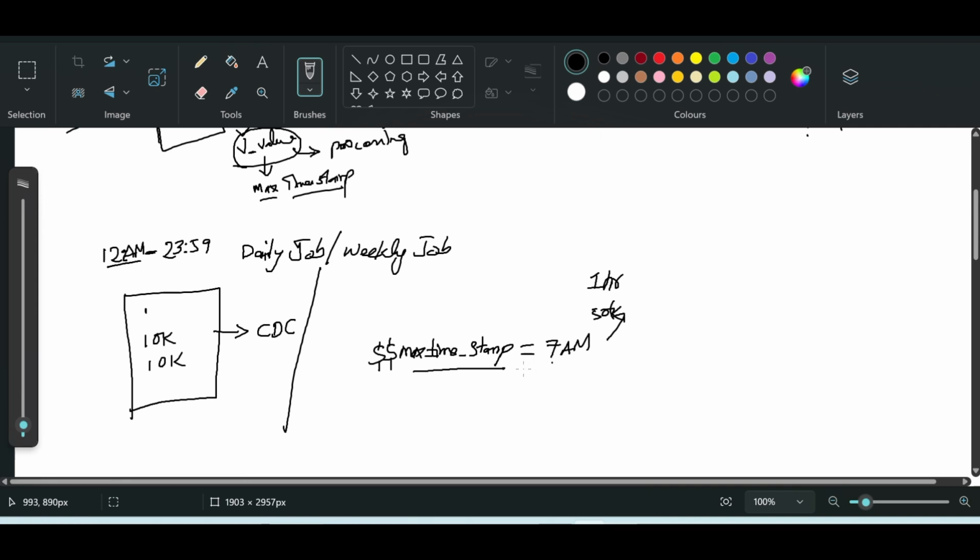Now when you run the job again, it pulls the other 10K records. Here it will check the created date greater than or equal to the updated date. Based on this condition, we will load into the target table. So we will check here the max. We will write like where